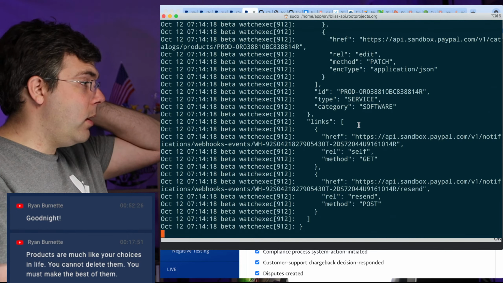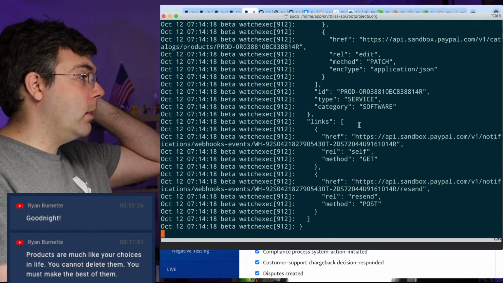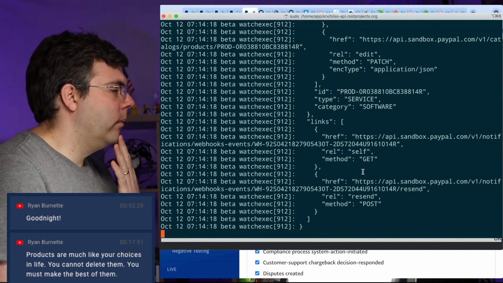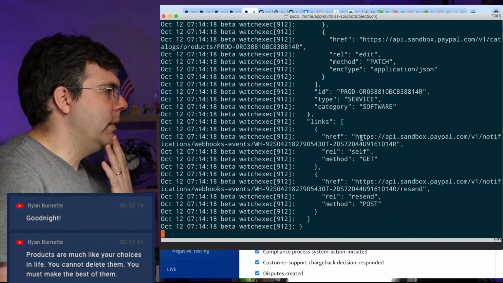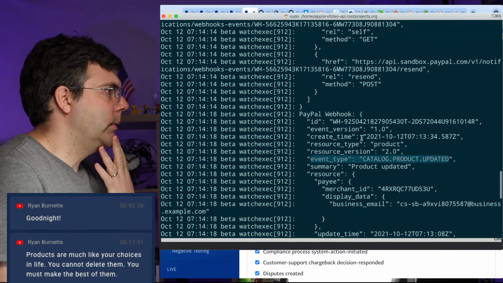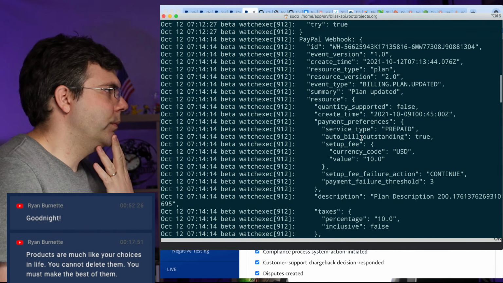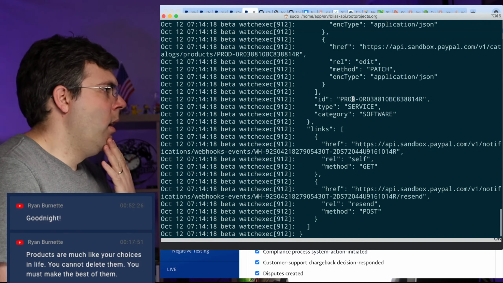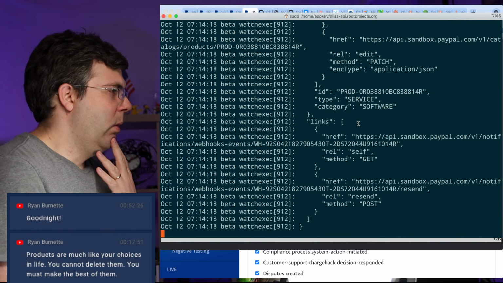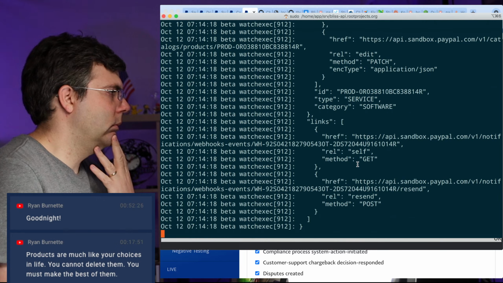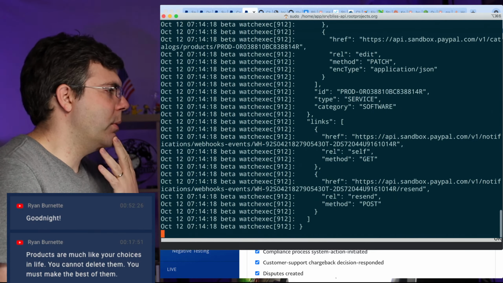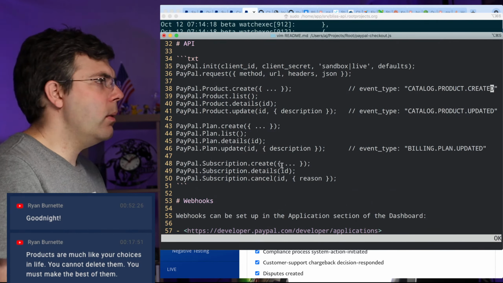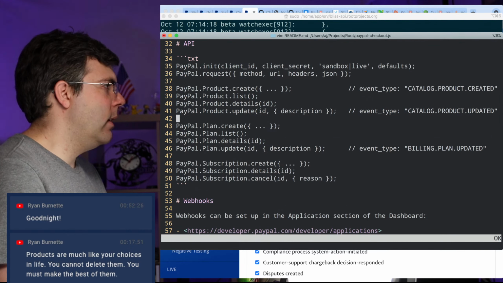I guess what I have to do is put an authentication token in the URL. It's just going to have to be a secret URL, because there's not much else to do. I mean, maybe there's some headers or some sort of signature verification, but I don't see it. So I think you just put an auth token in the URL. That's the webhook URL, and that's that. That would be my guess.